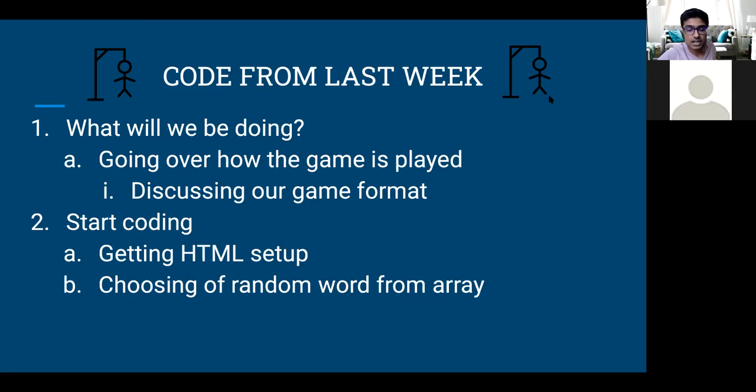And then we started coding. So on top of that HTML, we performed our first JavaScript concept, that being choosing a random word from an array. You probably know the game Hangman, that there's a word which somebody's chosen, and the other person's objective is to guess that word, guessing one letter at a time usually, right? Well, last week we worked on the idea of choosing a random word. I believe we had an array of random sports, and we programmed it so that we used one random sport from that array, and that's going to be the word which we're going to be guessing as the user.